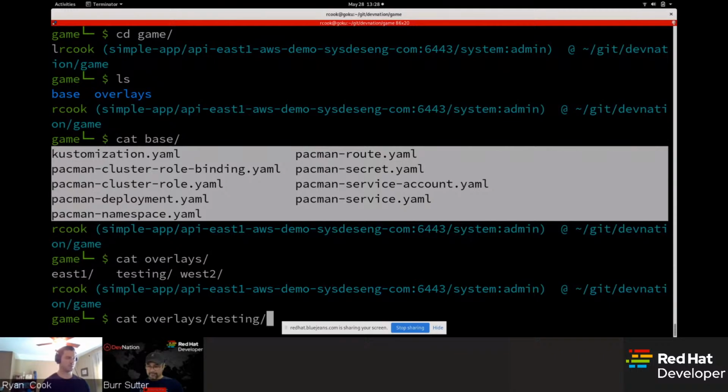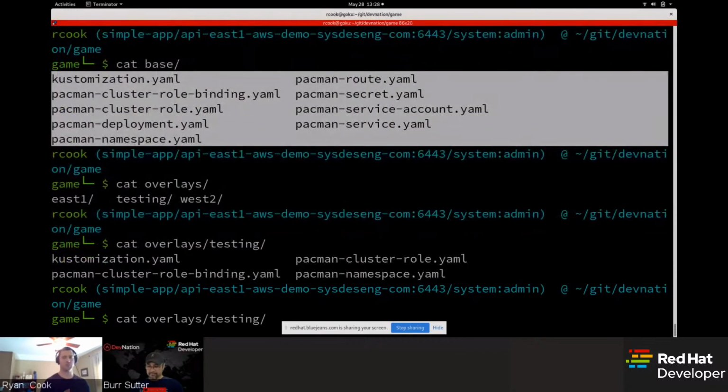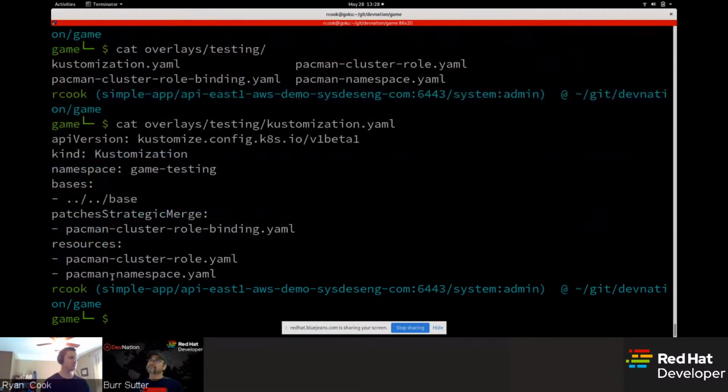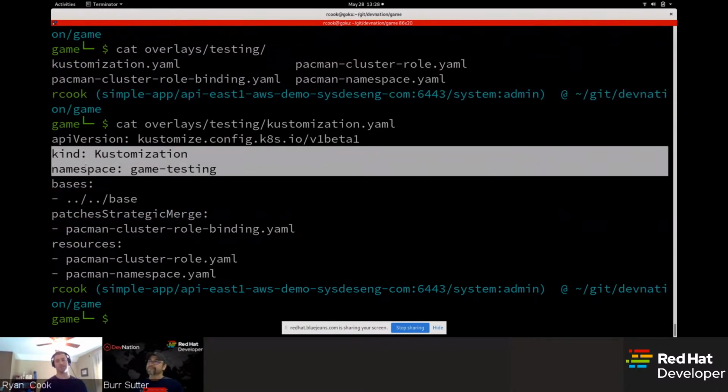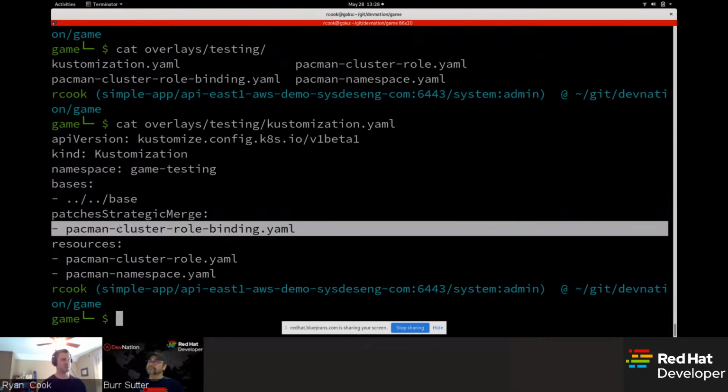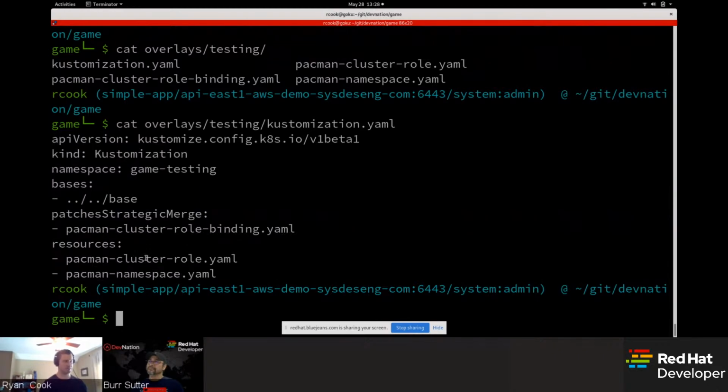And what we need to do with our overlays is that we want to deploy the testing portion of this application on one of the same clusters that we're actually going to deploy prod. So we need to make some changes to this, but we don't want to modify the production-based application. So as you see here, we're going to use customize. We're going to change the namespace to game testing. And then we also need to modify the role binding, the namespace, and the cluster role. So let's go ahead and